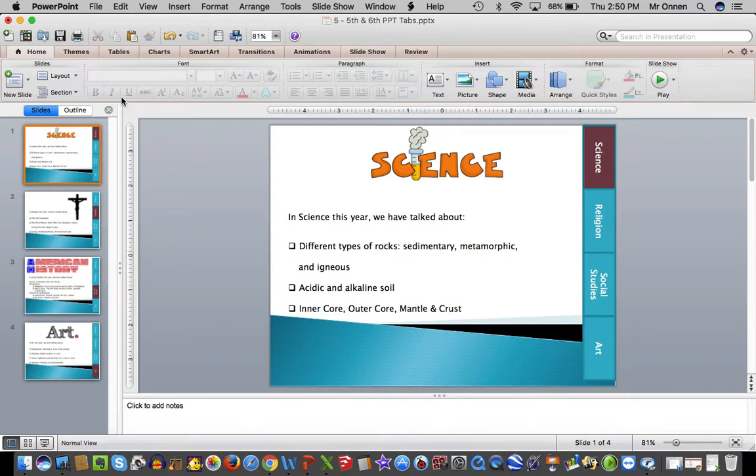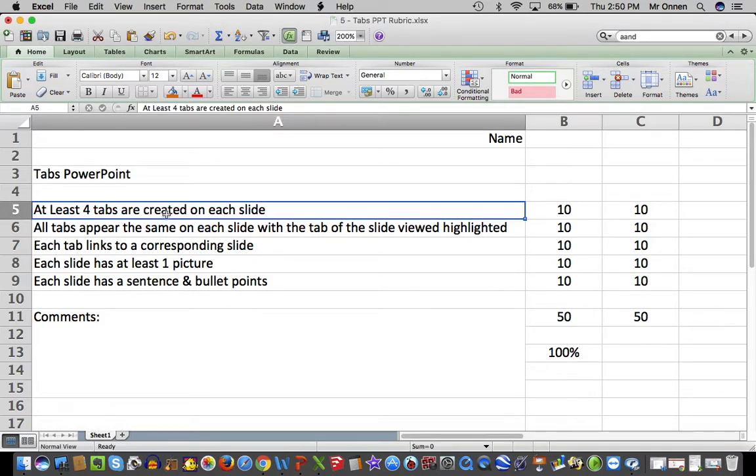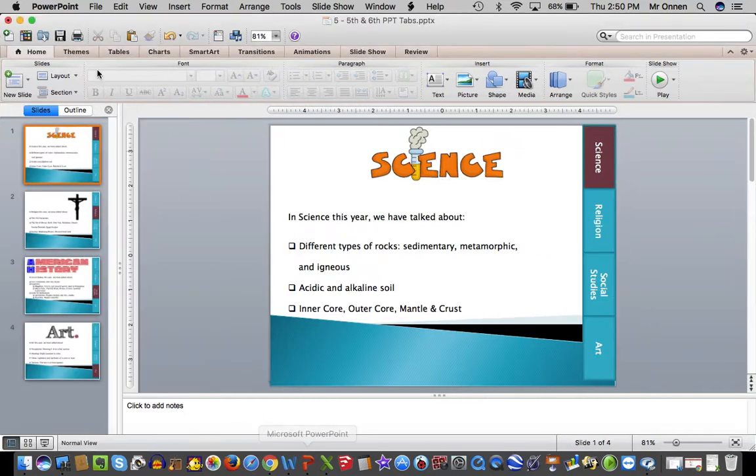Okay, so how are we going to do this first? So we're going to X out. Well, we're going to minimize in case I have to refer back. This is your rubric. This is what I'm going to grade you on. You have to have at least 4 tabs created on each slide. So we're going to create a new one,